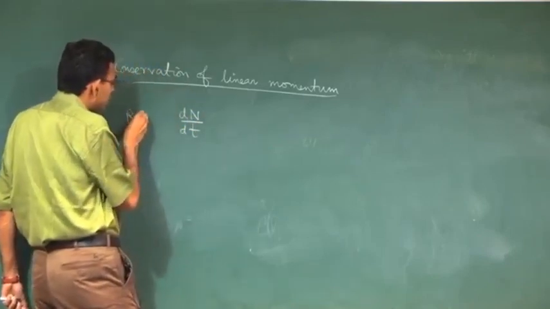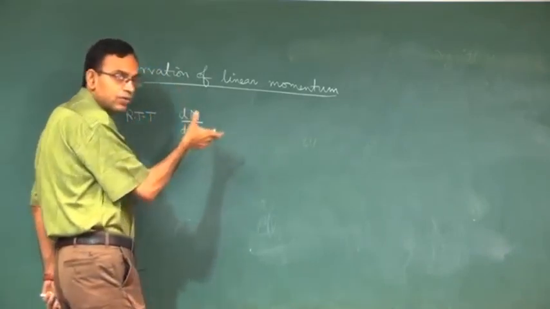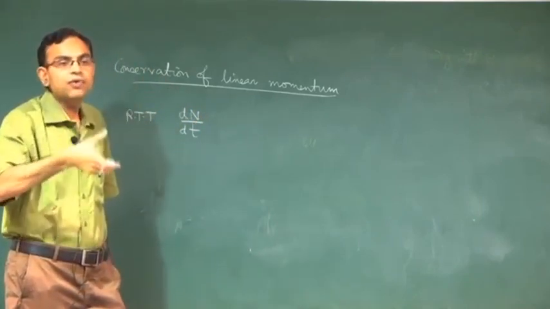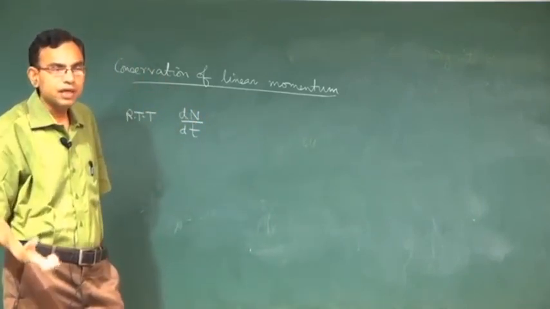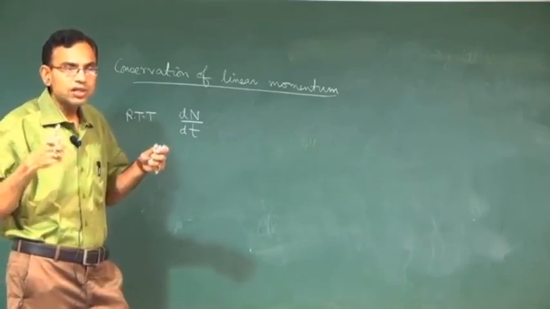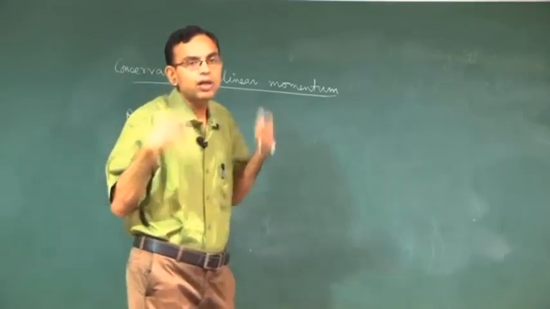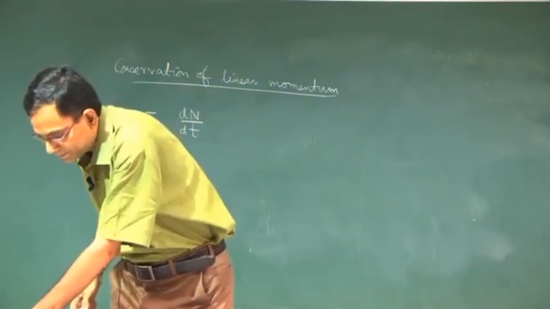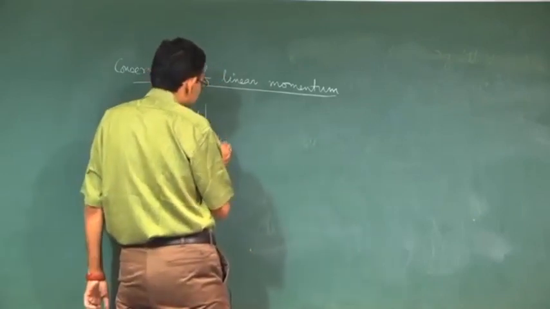It is always the best, you know, to start with the most basic equation and then go on applying it for the specific problem or the specific case, then your chance of making mistake will be only algebraic, but conceptually you will not make any mistake. So, dN dt of the system